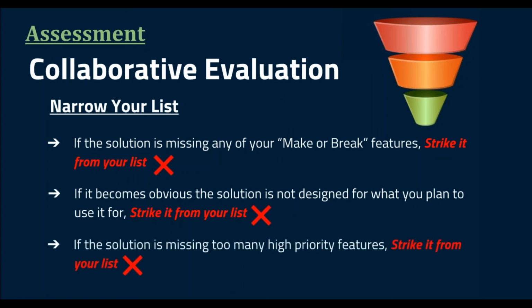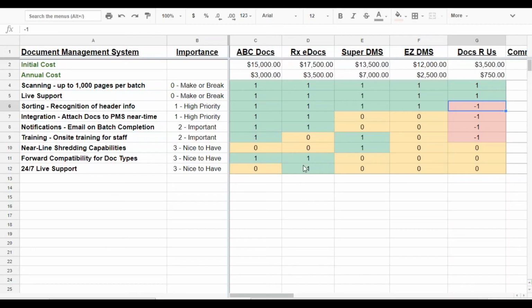And then finally, if it's missing too many high priority features, once you prioritize these things in your list, like, I've got these high priority and important things, if I start looking over this one over here, it just doesn't have these. This one's definitely coming off my list. This one here just does okay on 3 of the 4 priority items, the important things to me. I might take this one off my list as well,